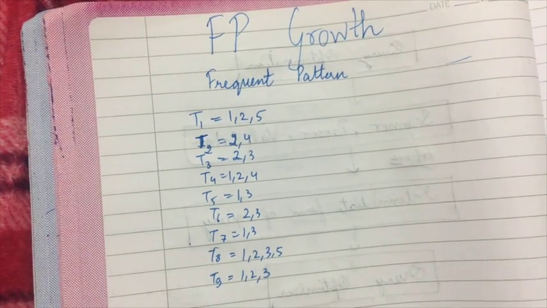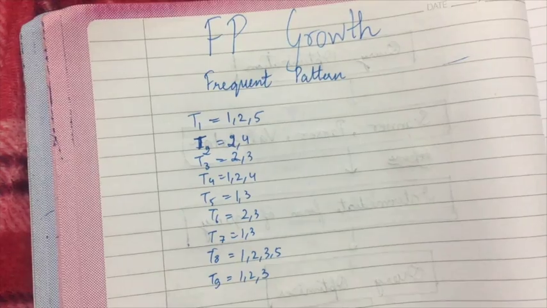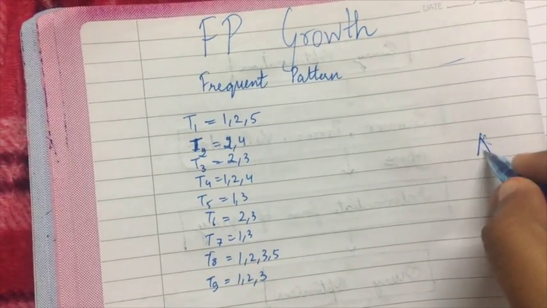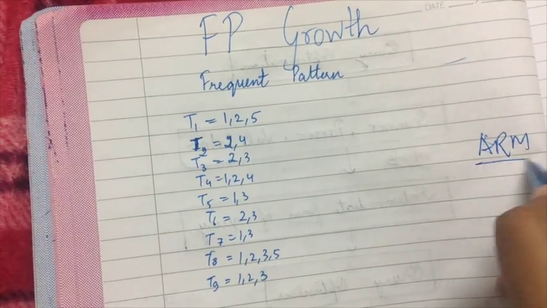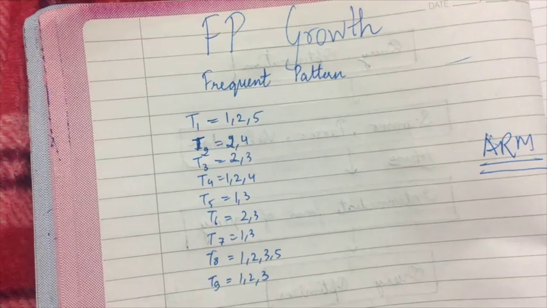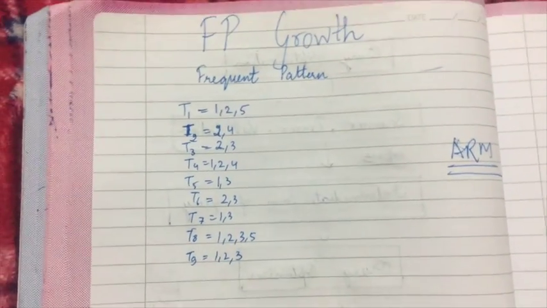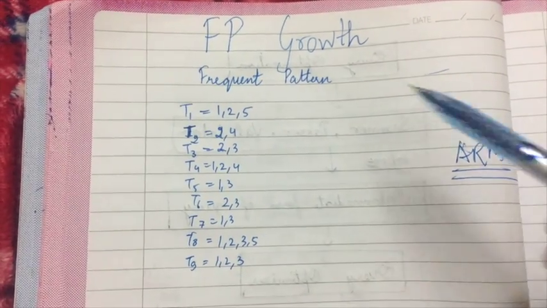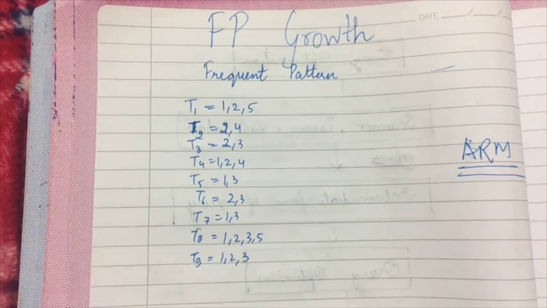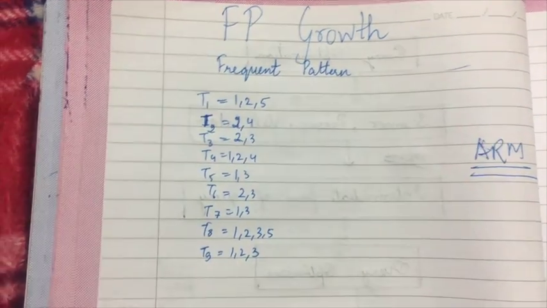Hello everyone. Today we are going to discuss the second algorithm in association rule mining, that is ARM. The first one was the Apriori algorithm that we discussed in the previous video. To overcome the disadvantages or drawbacks of the Apriori algorithm, we have the second algorithm, that is the FP growth or the frequent pattern algorithm. So what basically is happening,